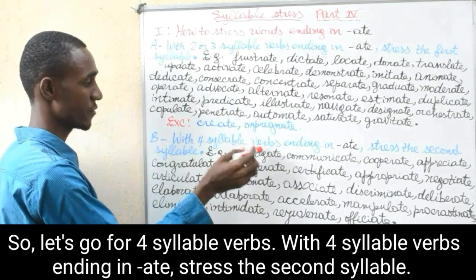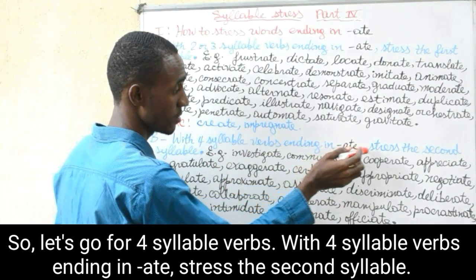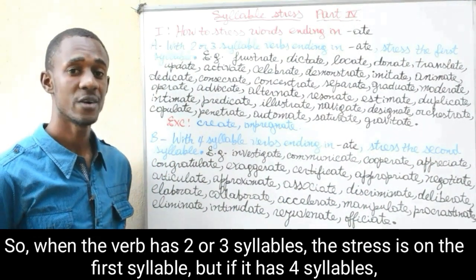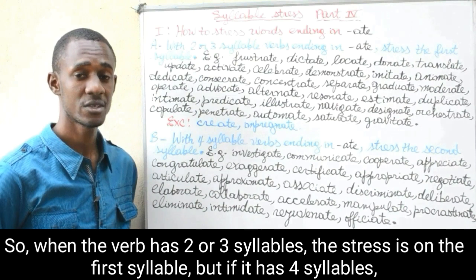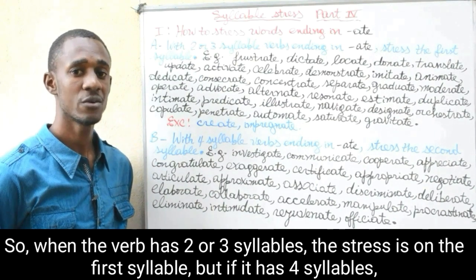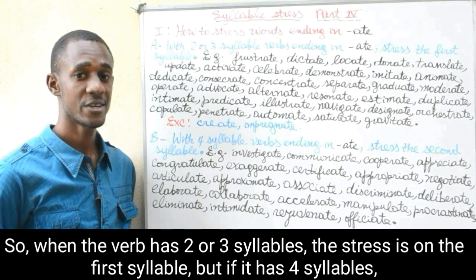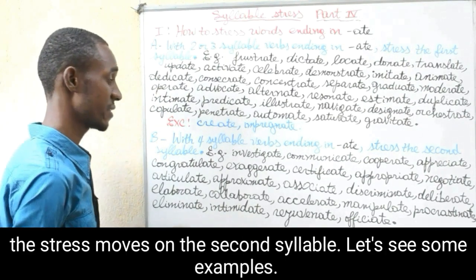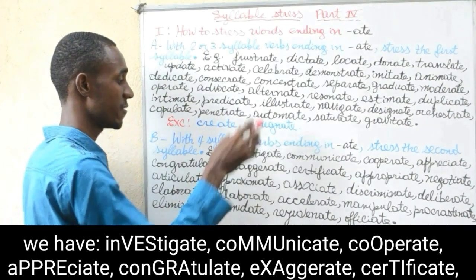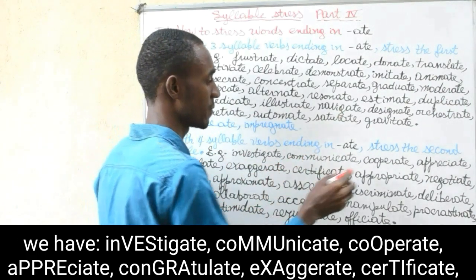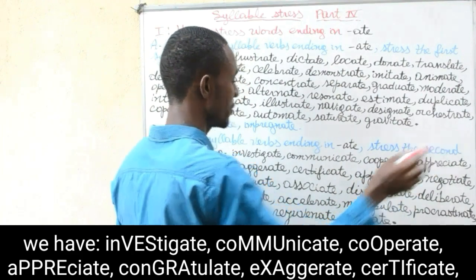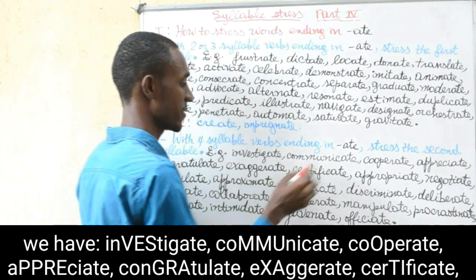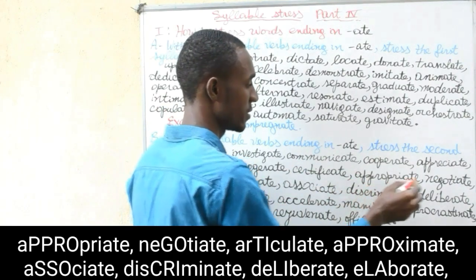With 4 syllable verbs ending in ATE, stress the second syllable. So when the verb has 2 or 3 syllables, the stress is on the first syllable. But if it has 4 syllables, the stress moves on to the second syllable. Let's see some examples. We have investigate, communicate, cooperate, appreciate, congratulate, exaggerate, certificate, appropriate, negotiate,